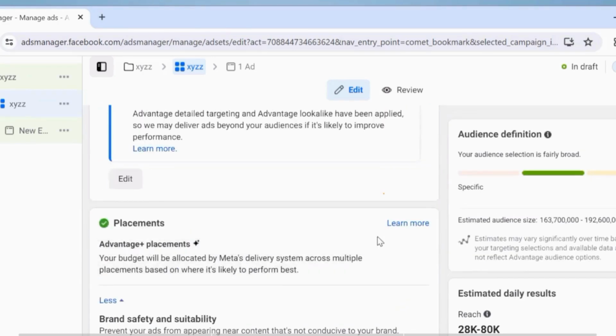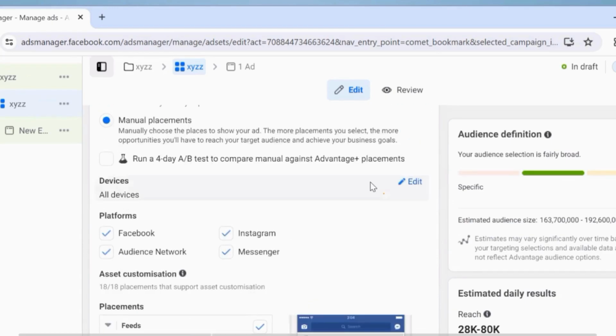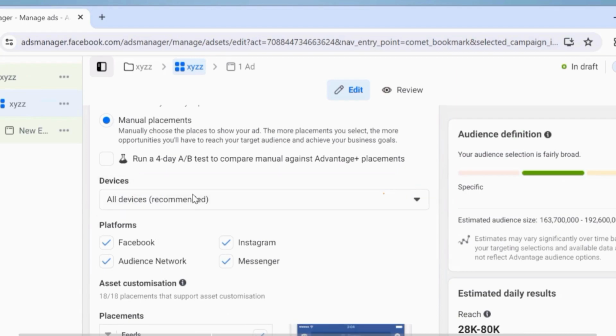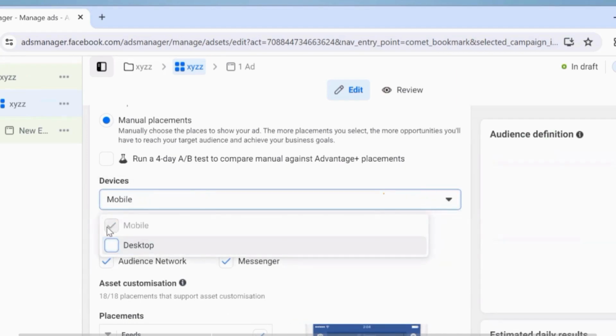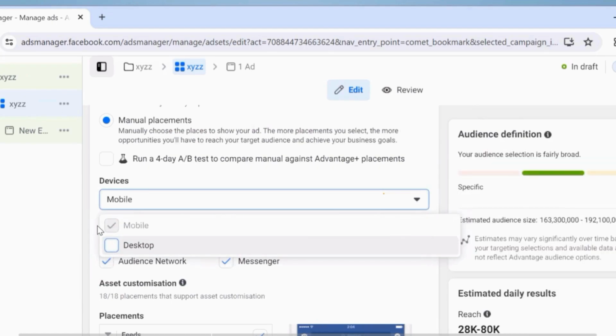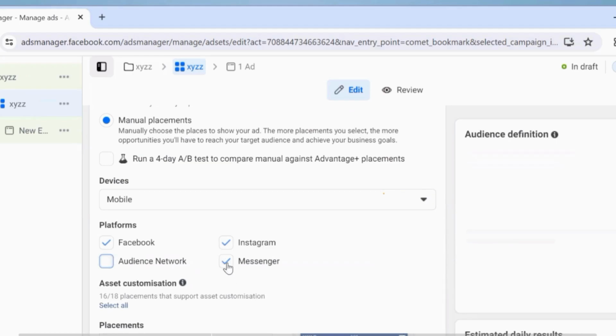You will edit the advantage plus placement. You have to come to manual placement, and the menu will take you to the device option. In this, you have to remove the desktop and switch to mobile phone here because the desktop is more expensive. Change it and leave it here, and in mobile phone good sales will be generated here in